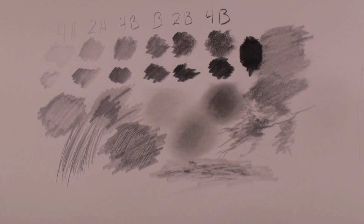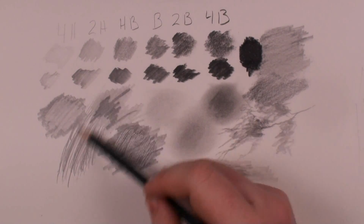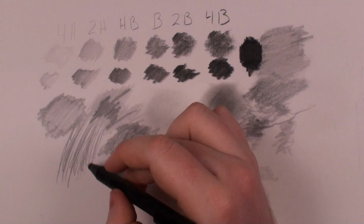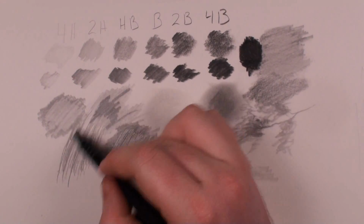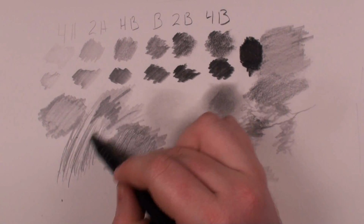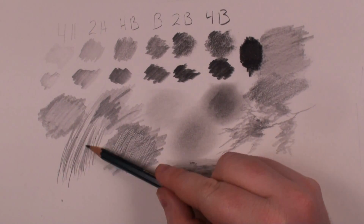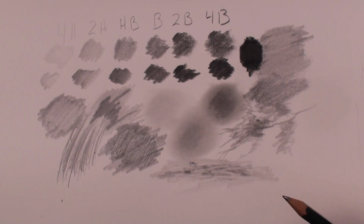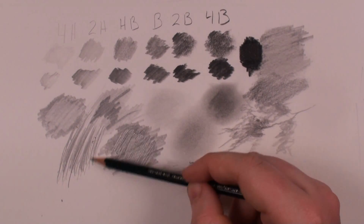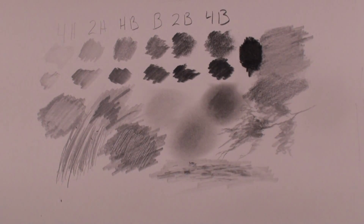But it's all about experimentation and just getting creative with what you have. And having the eraser is always a big part of that. So you can go back in and just erase out different areas, and then shade some of those areas back in. So it's a back and forth process, but in the end, it's definitely going to give you a pretty big advantage. If you have an idea or two of different textures and things like that, you can come up with